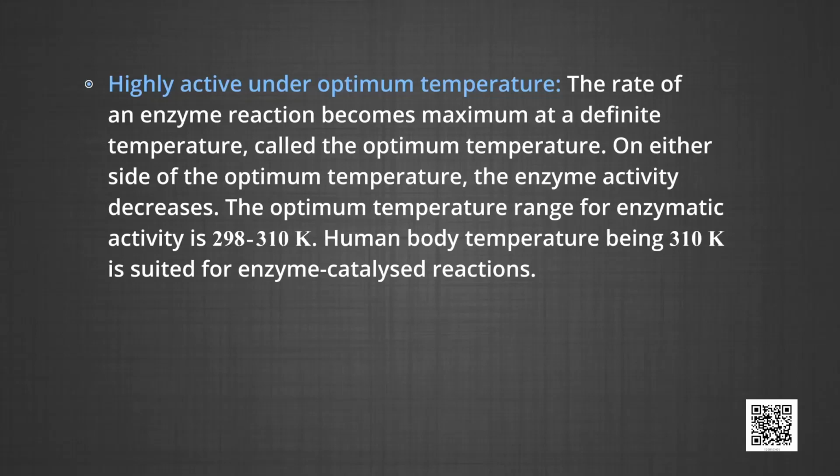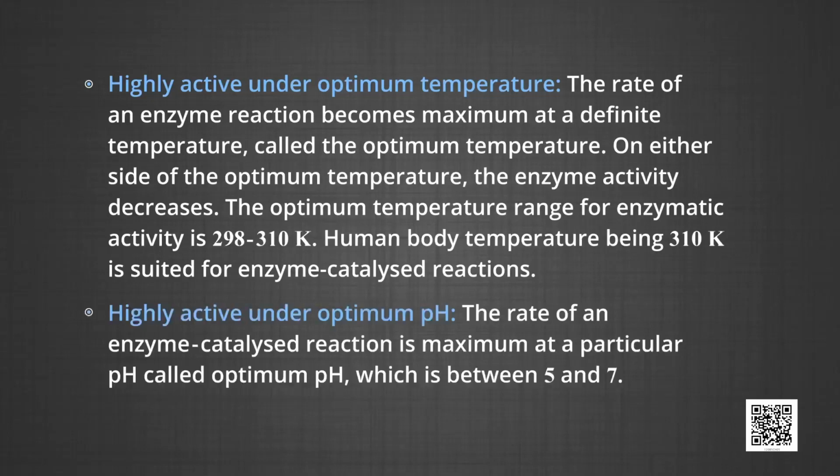The optimum temperature range for enzymatic activity is 298 to 310 Kelvin. Human body temperature being 310 Kelvin is best suited for enzymatic reactions. Number 4, highly active under optimum pH. The rate of an enzyme catalyzed reaction is maximum at a particular pH called optimum pH, which is normally between